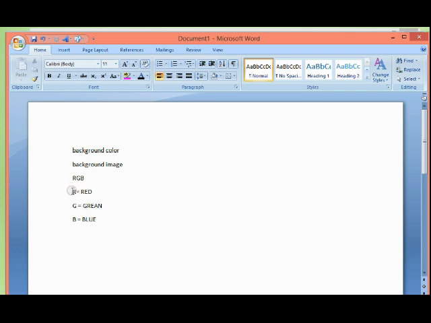So that is the color code, and from these three different colors, we can derive any type of color we want our website or any section of our website to carry. From these three names, red, green and blue, we can derive any type